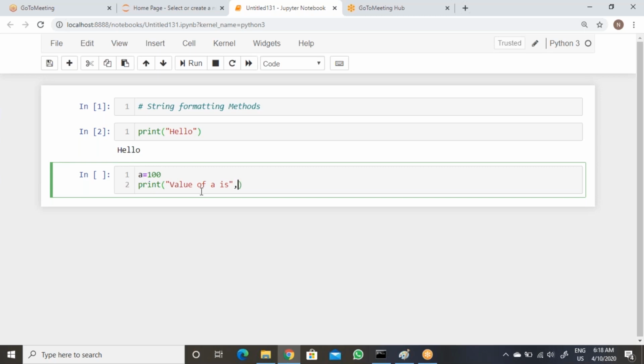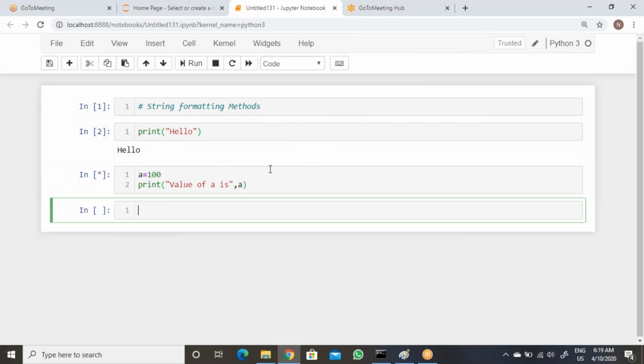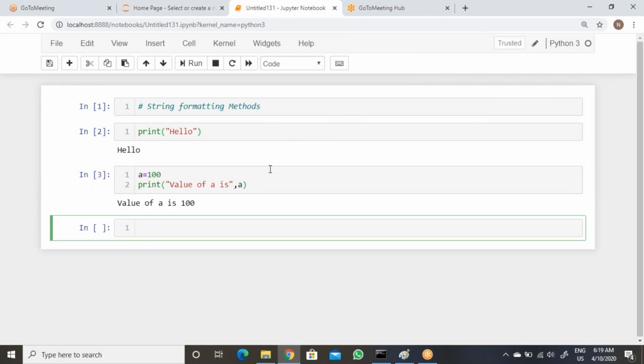Then after that, if you want to get this value into a, see, this value is being called into the print statement. We can use a comma, then you can directly call it. But this value will print as it is, it's a print statement only. That entire string we can get. The value is passed like this. Okay, so now let's see. Execute now. Okay, so value of a is 100.